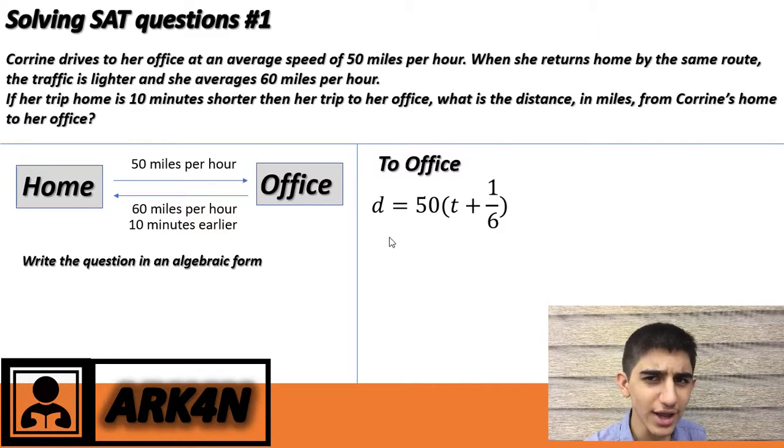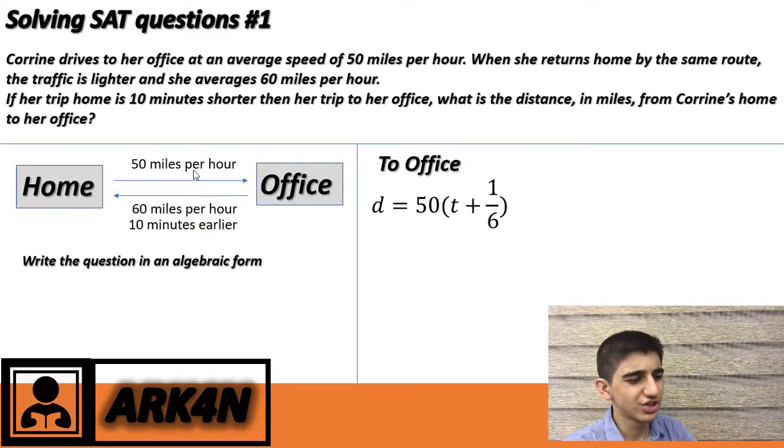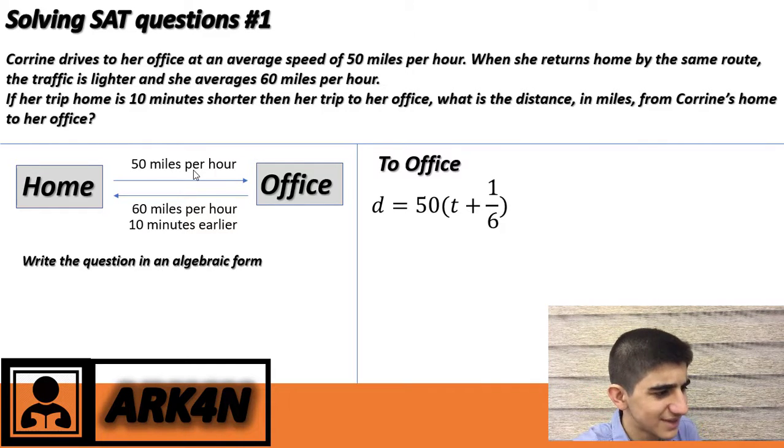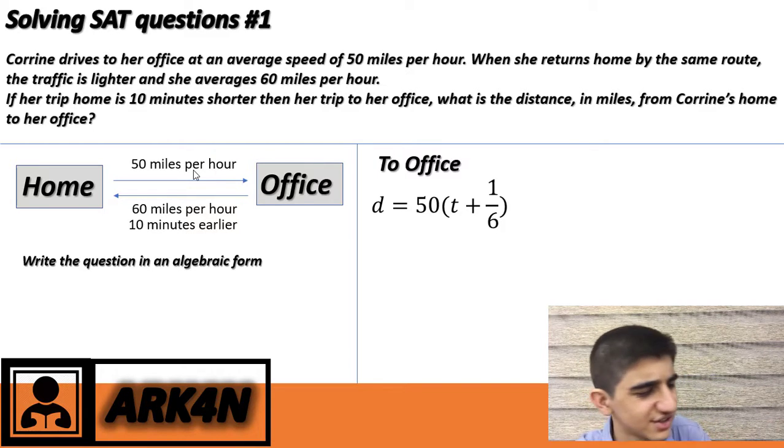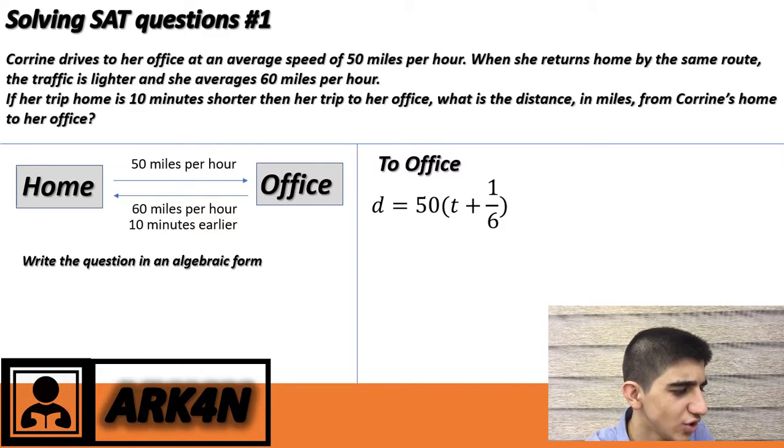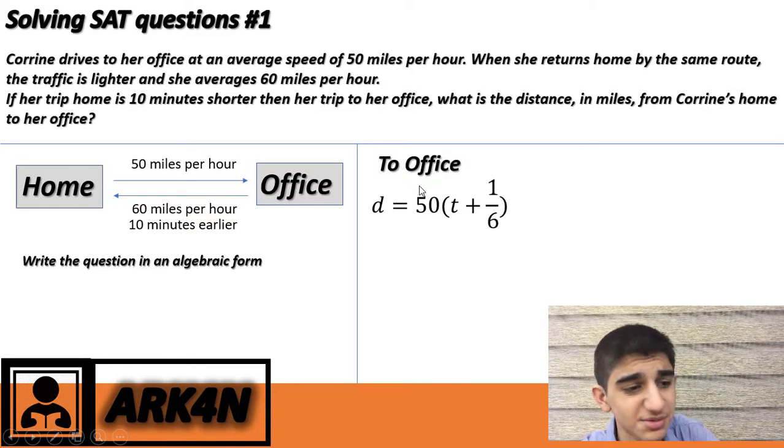Because why? Take a look. Here we say 50 miles per hour. The question asks in hours, so we should give the answer in hours. We could change to seconds, but we don't want to. Doesn't matter. The question needs the distance, doesn't need anything else. So over here we say the distance equals 50 miles per hour times the t,